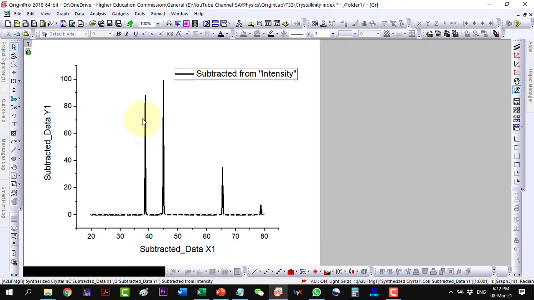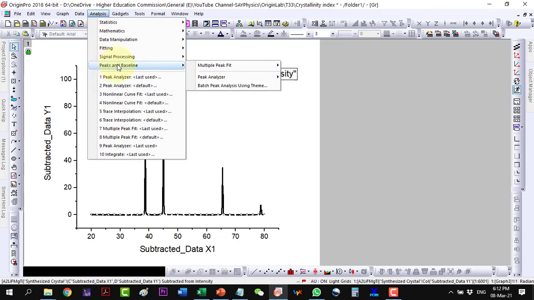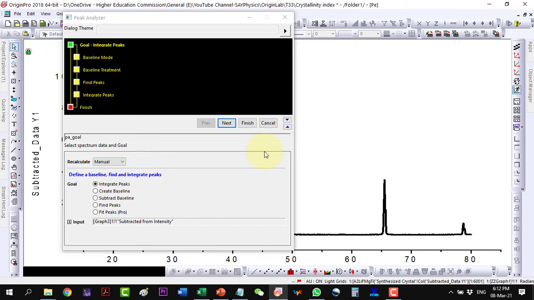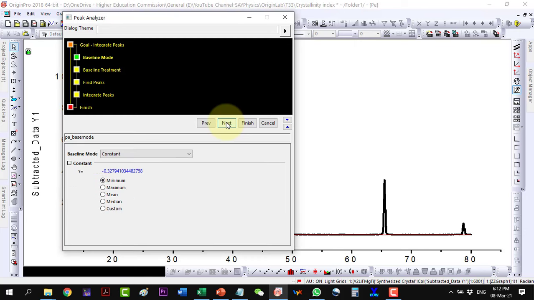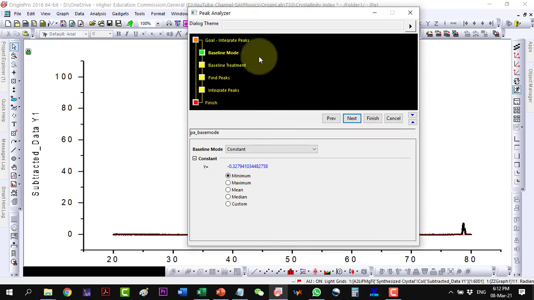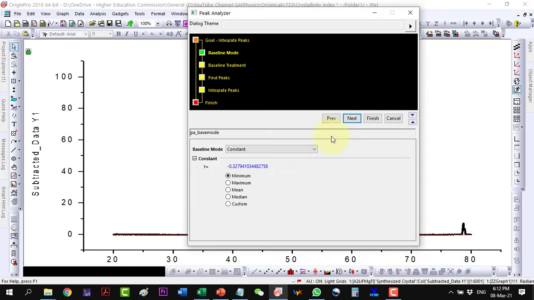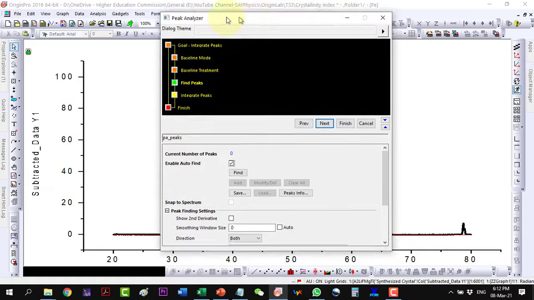Now select this one, go to analysis and do the same practice again. Again we will go to the integrate peaks, and here the baseline value, and we will have to check that it is the same value as we did earlier. So it is the same, and I can go now next, another next, and now I will have to find the peaks,